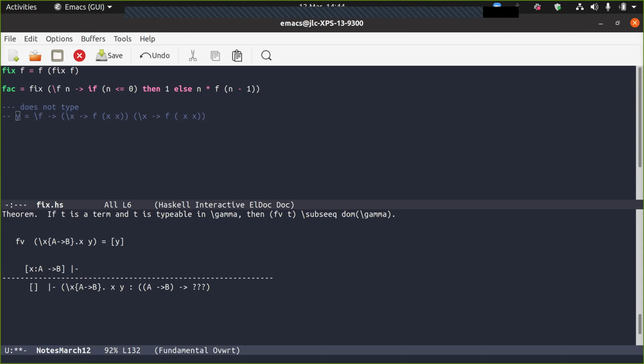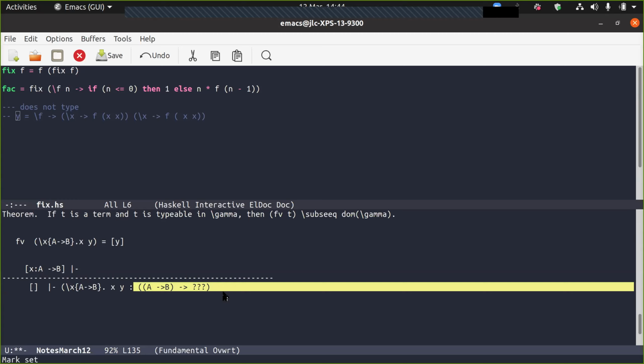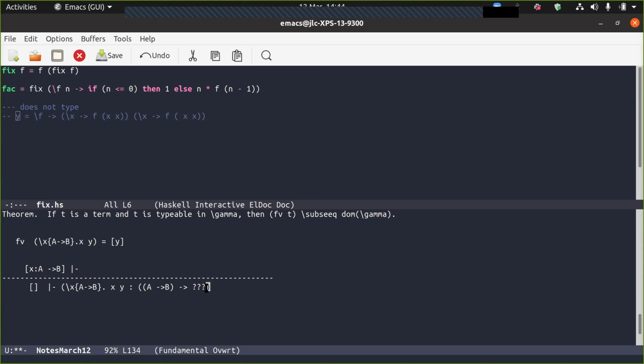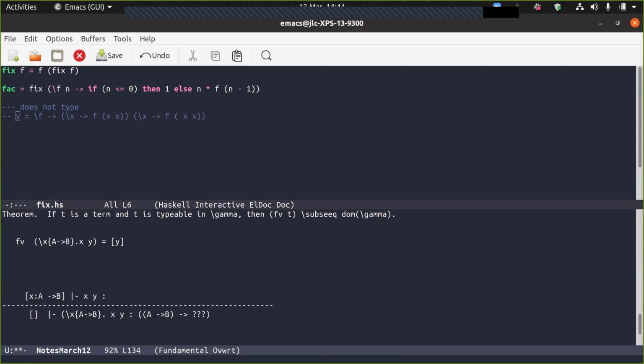And now I have to show, I don't really know much over here except from the rule, I know the first argument has to be an a arrow. But anyway, I have to show that x applied to y has some type. And if I apply the rule for